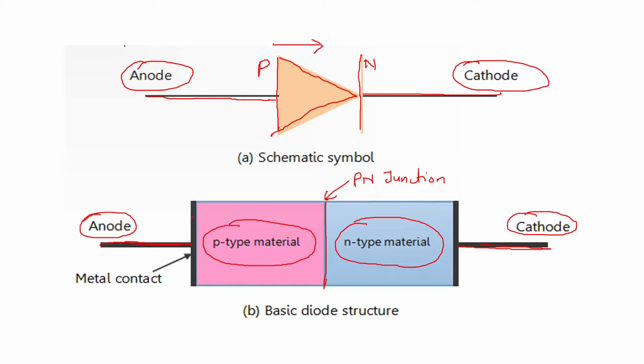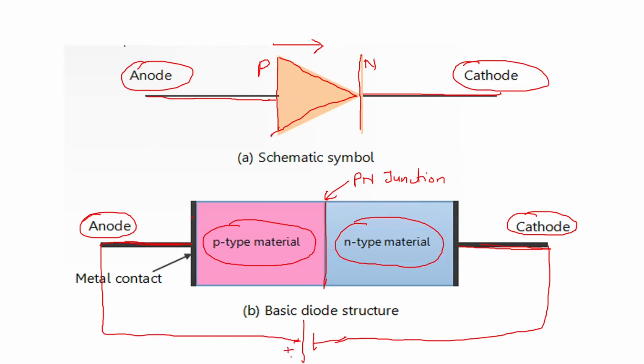The arrow indicates the flow of positive charge carriers when the diode is forward biased. If we conclude the definition of a semiconductor diode, it is basically a PN junction, as we have shown here, with metallic contacts provided at the ends. These metallic contacts are provided so that you can apply an external voltage. These are the points between which you can apply the electric voltage. That is why these metallic contacts are there.